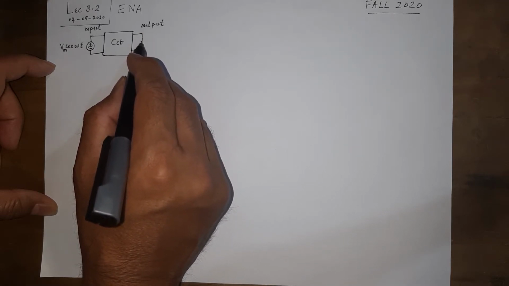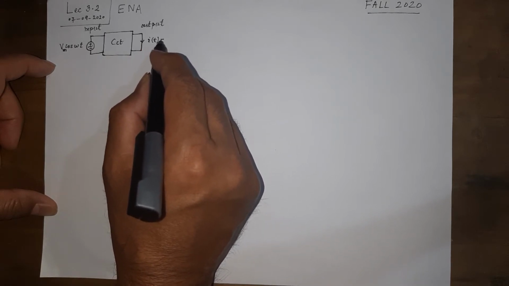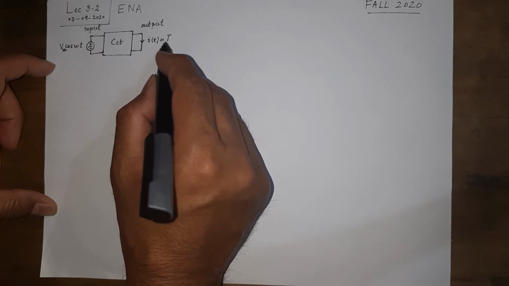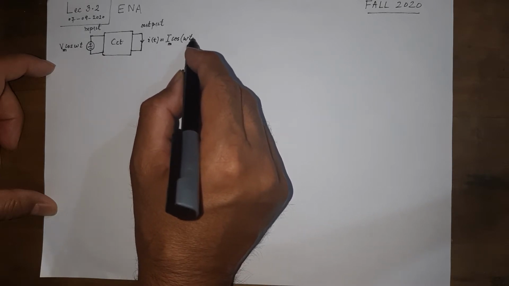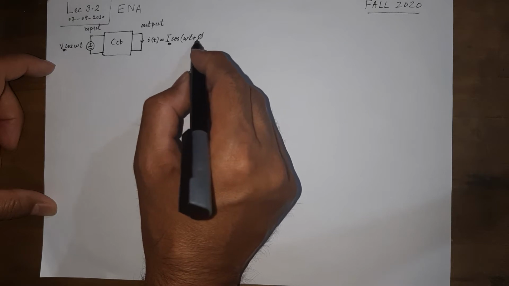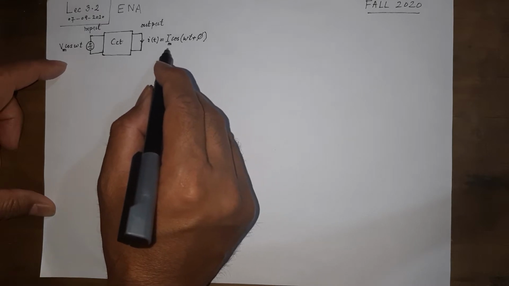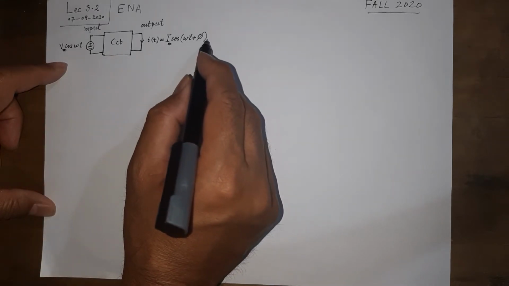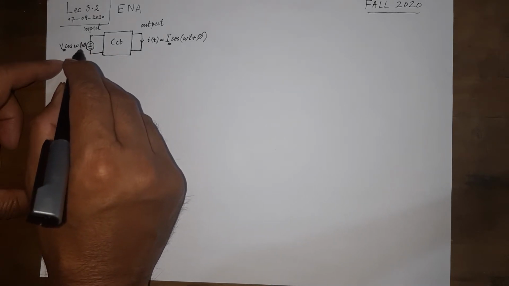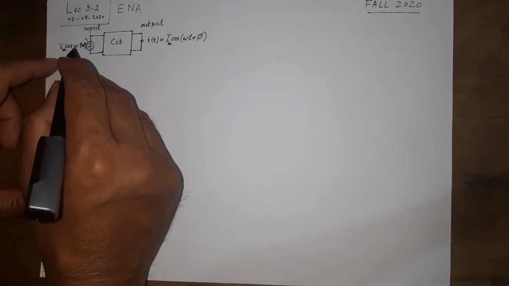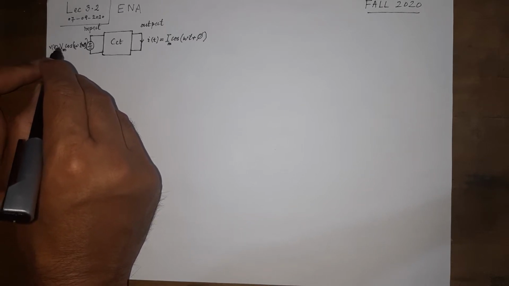So at the output here, we are interested in a current, and we saw that this i(t), say it is equal to Im cos of omega t plus, say, some angle phi. Although we used theta in the previous one, here I am using phi for the output current, and let us say we use that theta here. So instead of having a zero angle here, let us make it more general.